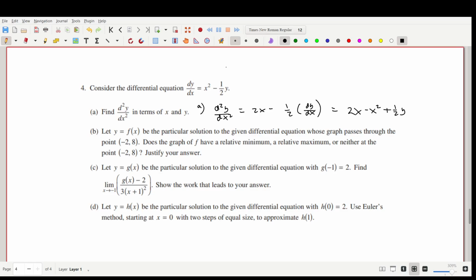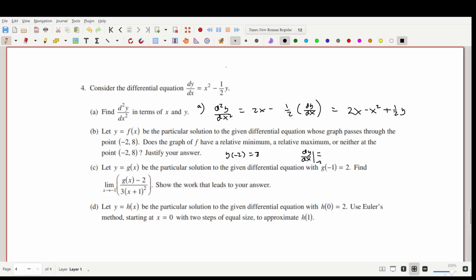B, let f be the particular solution of the differential equation whose graph passes through the point -2, 8, so we know that y of -2 is 8. Does f have a min, max, or neither? Well, to find min, max, neither, you usually do a first and second derivative test. So dy dx at -2, 8 is,